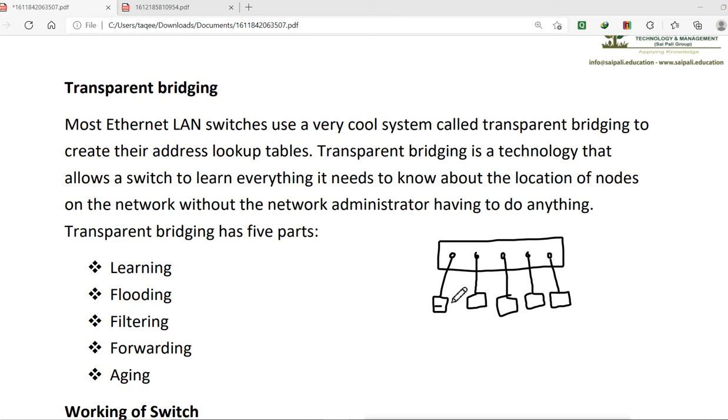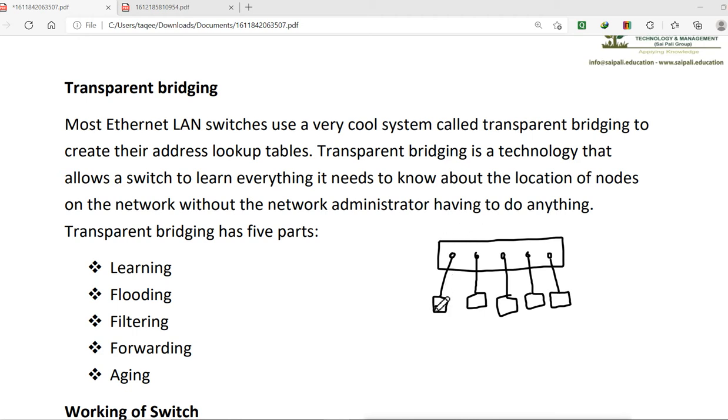In a mesh topology, all the devices are directly connected to each other. But here they are not connected directly, but the switch is transparent, so the switch does not identify itself. These devices feel that they are connected directly. They feel like this because the switch works like that.